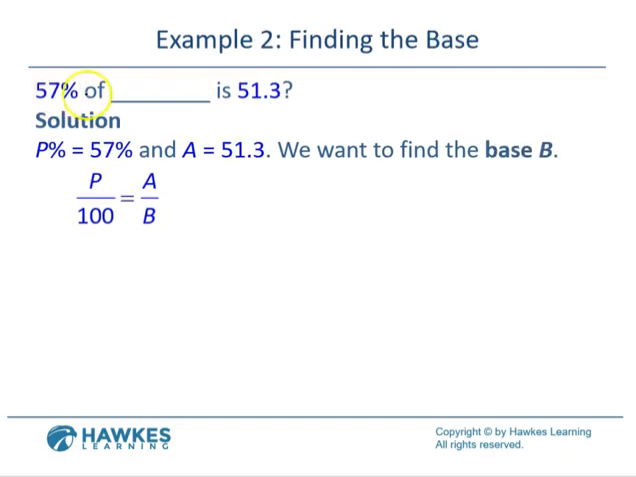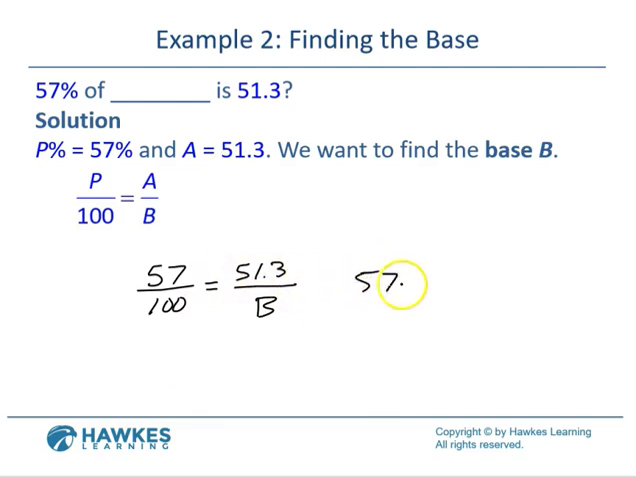Okay, 57% of blank is 51.3. So notice they're still giving us the percent, so they're giving us the P, so we can put the 57 down over the 100 equals, well, notice now they're giving me the 51.3. Okay, well, here's the 51.3, but we do not know the B. Okay, so once again, we can come in here and go ahead and cross multiply, and notice I'm going to